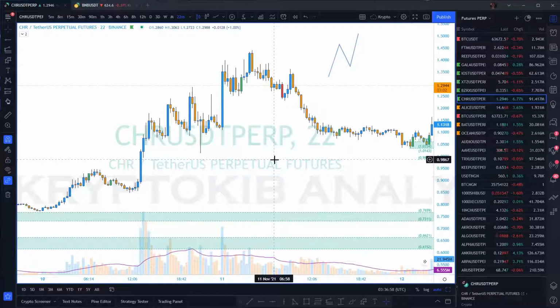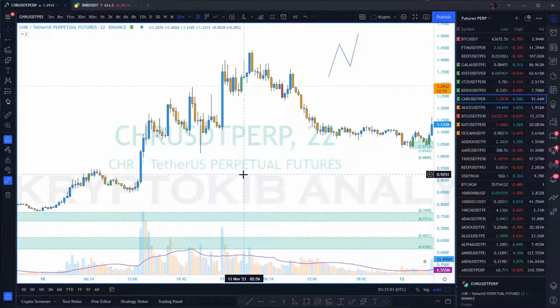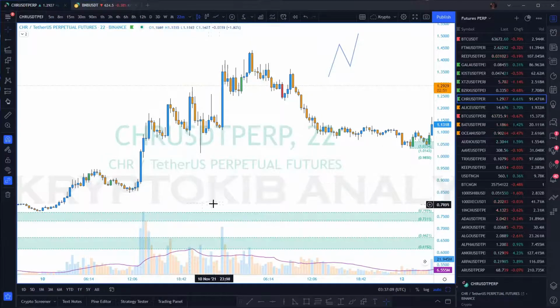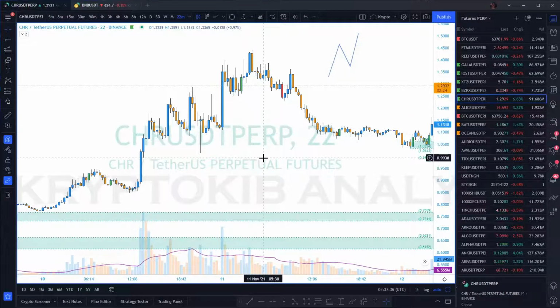I posted, not recently, quite a while ago, the image I made on identifying tops and bottoms, where I said if we have a candle making a low and then the next candle closes above its high, then we have a minor bottom. If it closes above the highs of the previous two candles, we have an intermediate bottom. And if it closes above the highs of three previous candles, then we have a major bottom. So that is what we'll be using again today